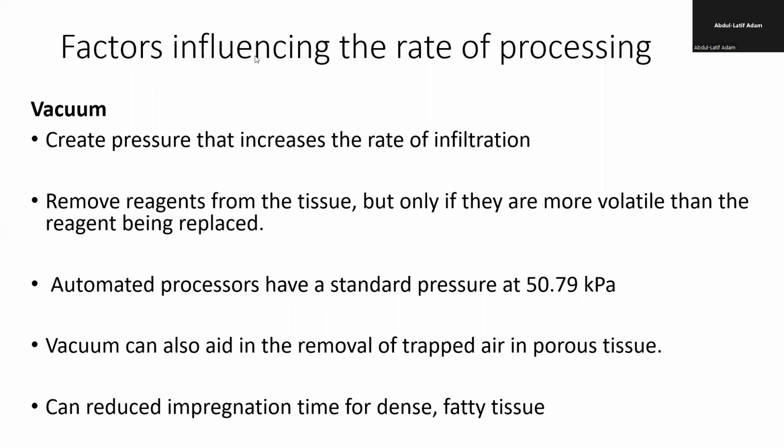Okay, so now we go to vacuum. I mentioned to you that vacuum is creating negative pressure in the container. So creating pressure, and pressure allows what? Penetration. Okay, it allows penetration. So pressure is needed, and automatic processors have automatic vacuum created. But manual processing, no, there is no way that you can create pressure. Usually automatic processors have a standard pressure that is 50.79 kPa. Okay,